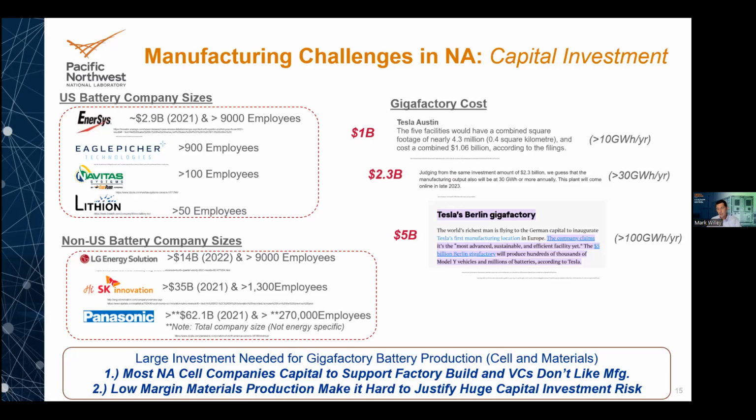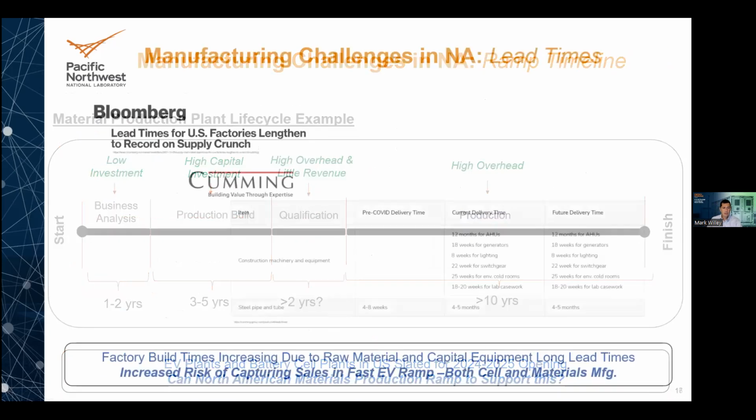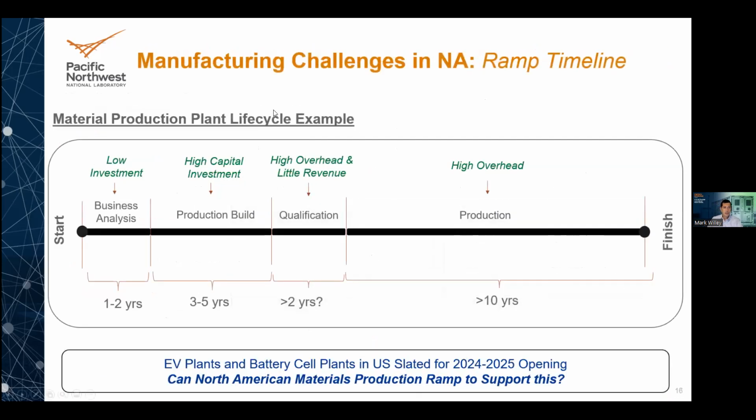So how can a company justify a 10 or 15 or 20-year production site if the market is so dynamic like it is right now? These are just some of the challenges for the capital investment. I already touched on this a bit in terms of ramping manufacturing, but I've used this slide before,